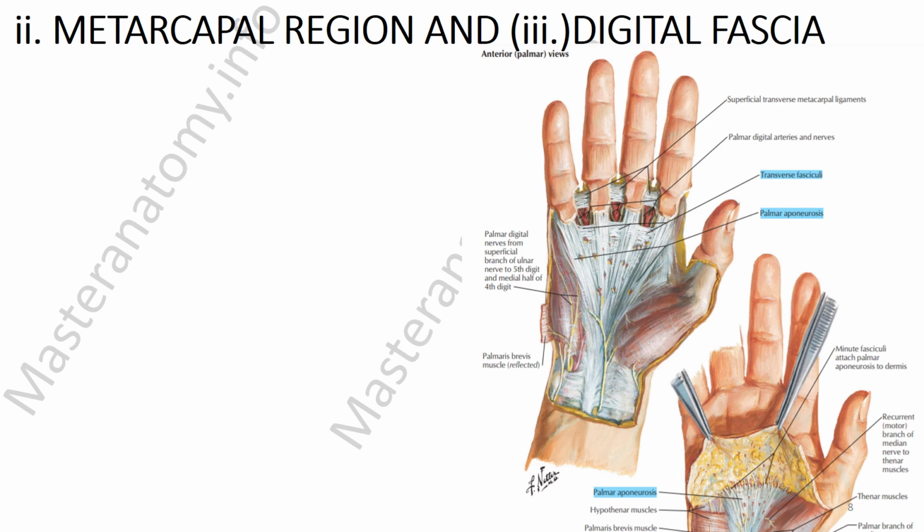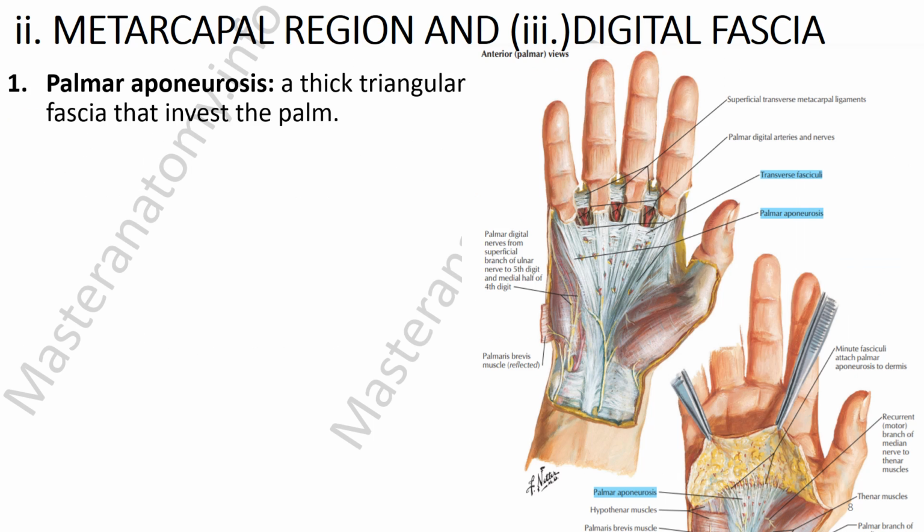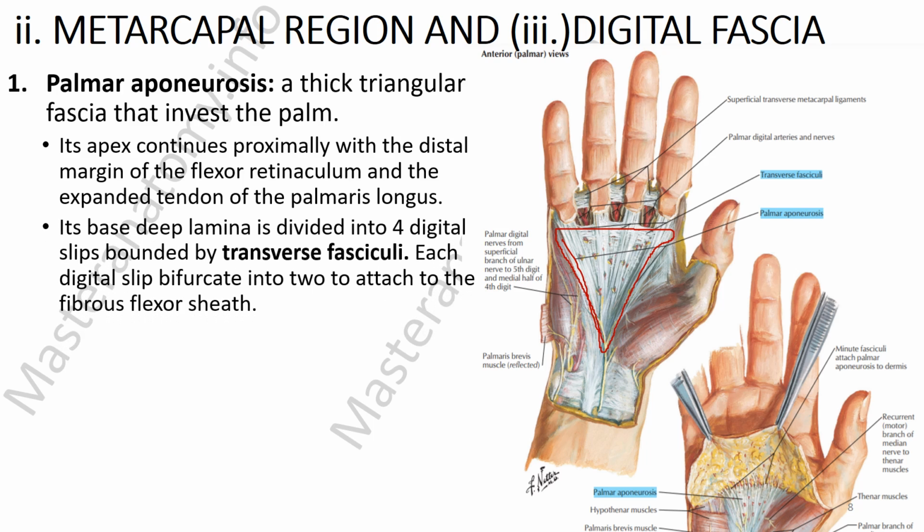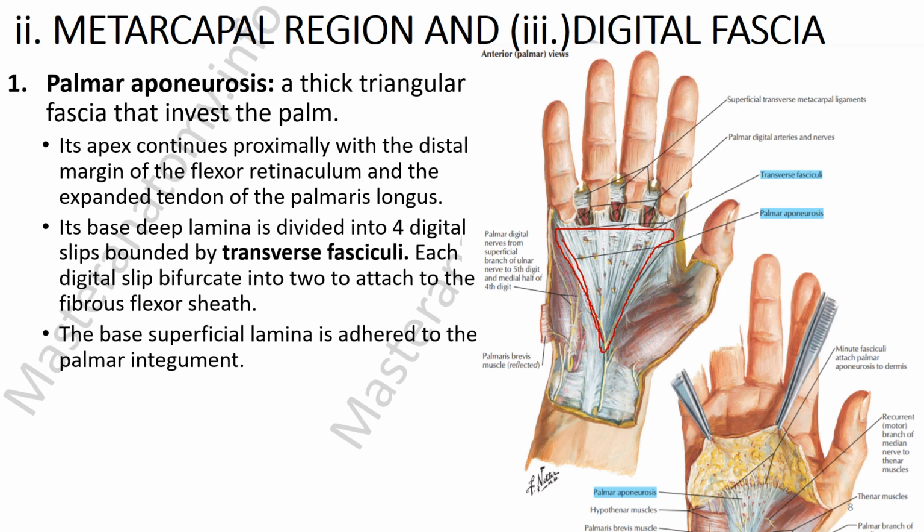Now, the fascia of the metacarpal region and the digital fascia. Now, this includes most prominently the palmar aponeurosis. This palmar aponeurosis is a thickened triangular fascia that invests the palm, and it is divided into 2 laminae, that is the superficial lamina and the deep lamina. The superficial lamina binds to the palmar skin, that is the palmar integument, and the deep lamina divides into 4 digital slips